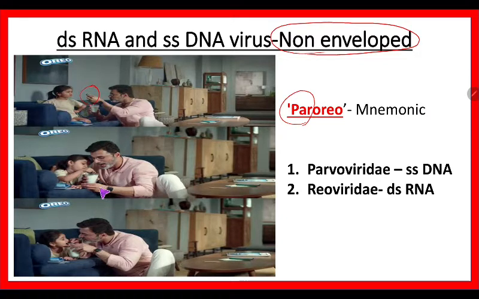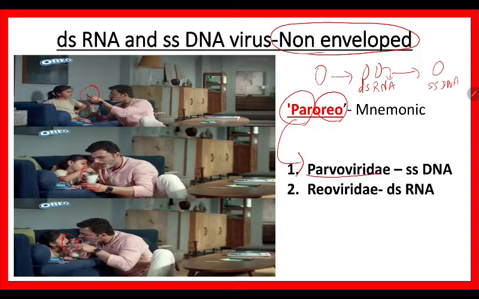They will take the biscuit, release it out, twist it, dip it in the cream, and then eat it. So a single biscuit is converted into two different parts, and these two again into a single one. It is like double stranded RNA and single stranded DNA. The example is Par Oreo.